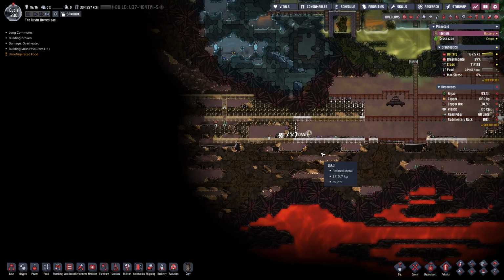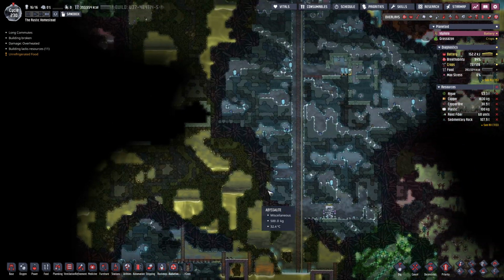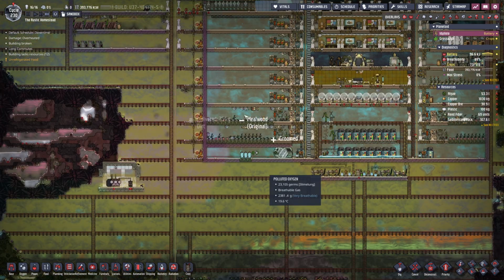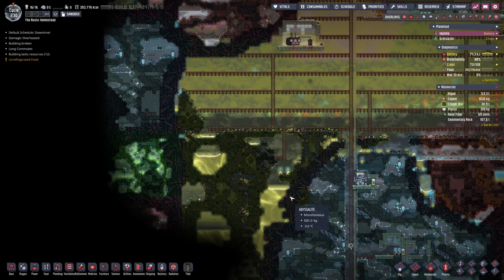Things on the agenda today: dig out this oil biome, start working on a small version of oil processing to get into petroleum and then into plastic, so that we can potentially change out all of our ladders into plastic ladders to speed our duplicants up just a little bit more. Once we get some of that,